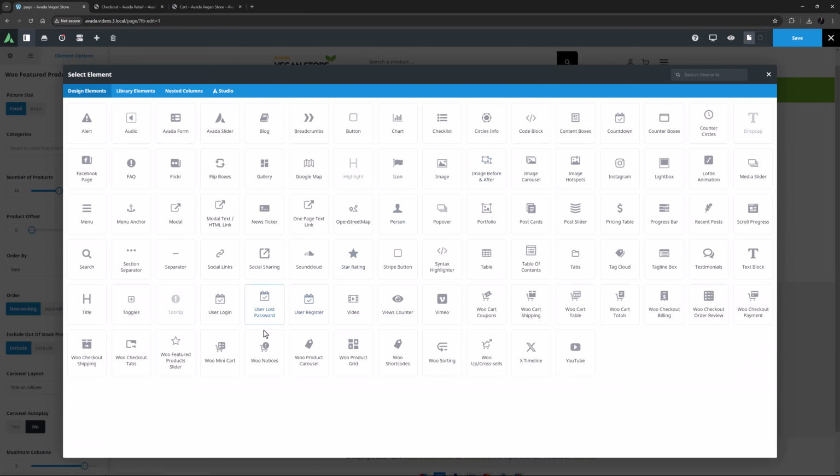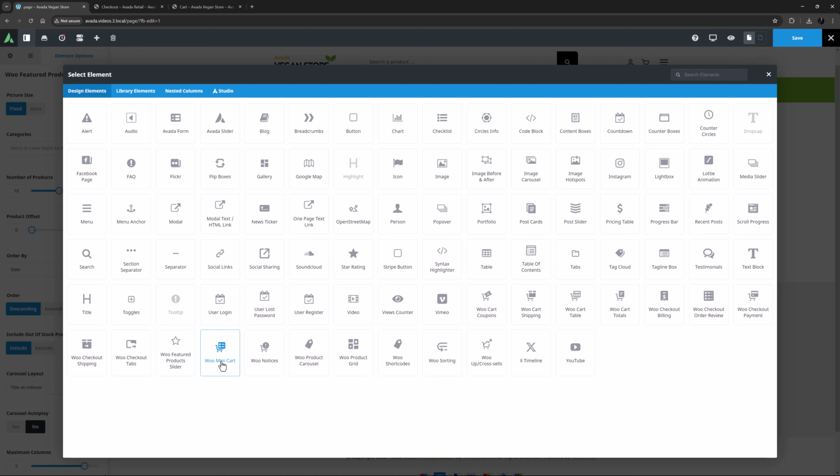After this comes the Woo Mini Cart element. A perfect way to use this would be to place the Woo Mini Cart element in an Avada off canvas, so that when a user buys something, a sliding bar or pop-up appears with the cart contents displaying. Alternatively, it could be used in a sticky column. You can see an example of this in the Using a Woo Mini Cart in an Avada off canvas slide-out